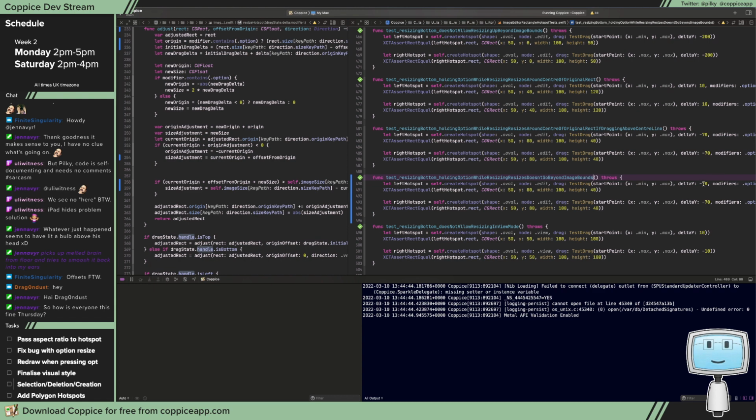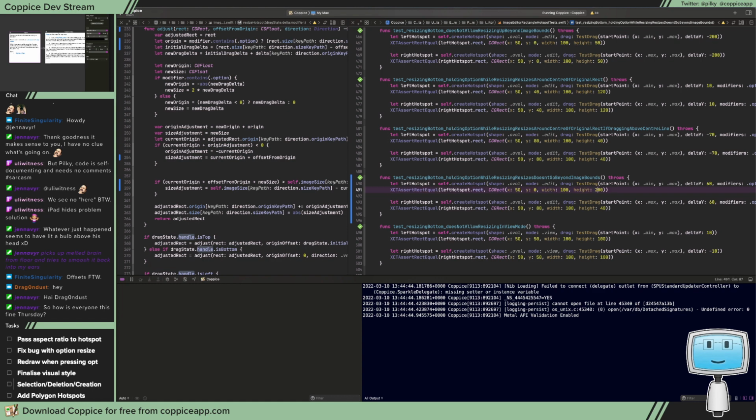So if we hold down option and we move 60 points down, that should make us try to grow 120 points, which should not be possible. That should make our y 0 and our height 200, at 200, y 0. Ooh, actually,